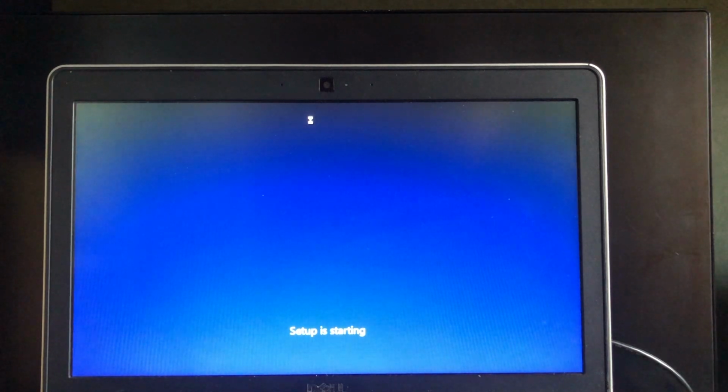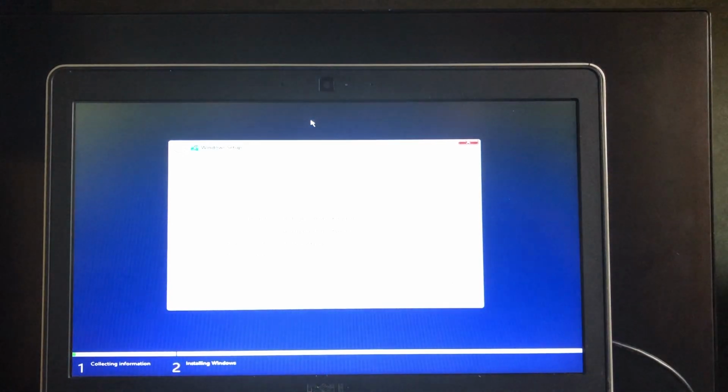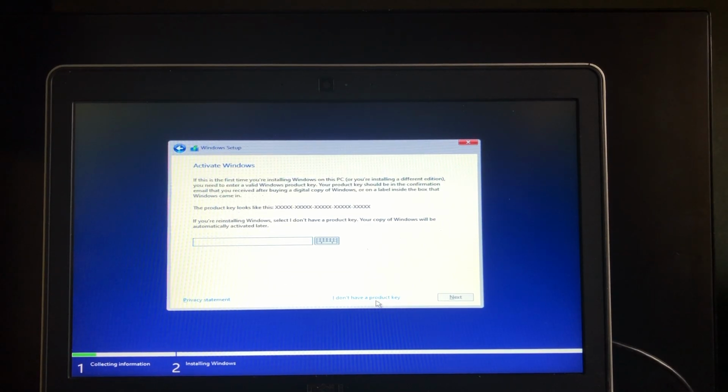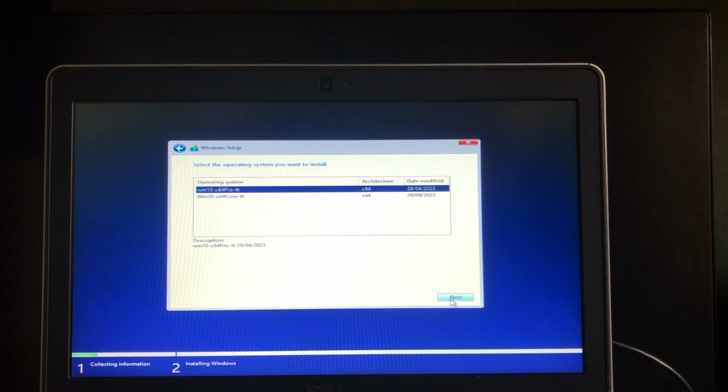So this is setup starting. We'll just see it go. Okay. Don't have a product key yet. It'll probably find it when it does the installation in the CMOS. And this gives you the option of Pro or Core. So that's the first one that we captured, and that's the one that we appended. I'm going to go for Pro,